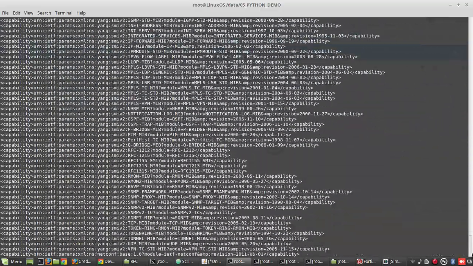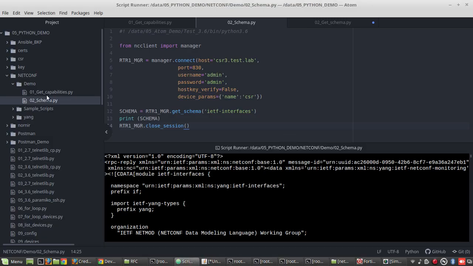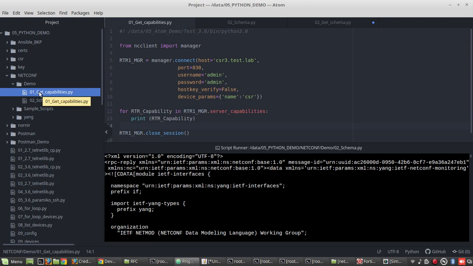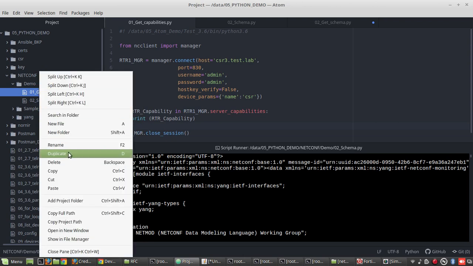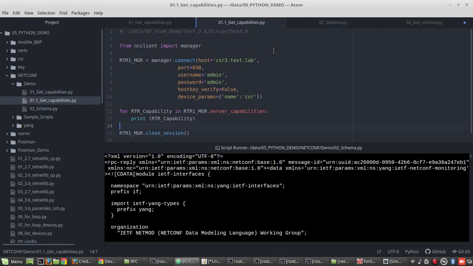Now we'll try to replace our device with Cisco's DevNet device. We'll create another Python file. I'll replace it with this device. And the port number is 10000.